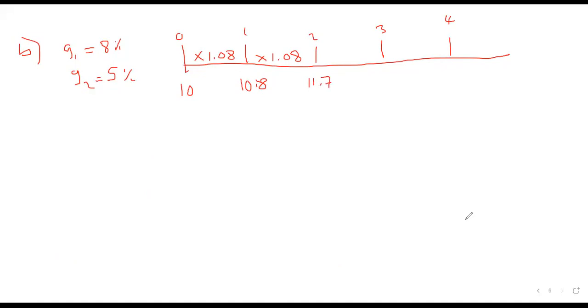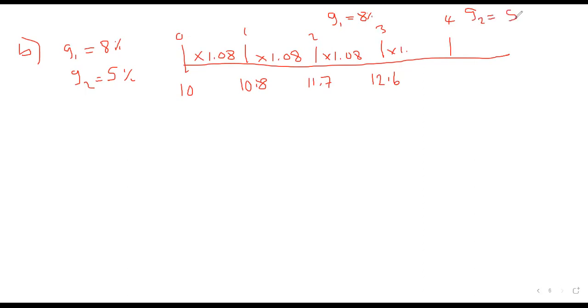And 5.6. Oh, so 12.6. Now listen carefully here. It's increasing because I'm multiplying by what? 1.08, because it got 8%. Here times 1.08. Okay, but from year 3 to year 4, we're told that the growth rate will drop from 8% to what? To 5%. So what does it mean?